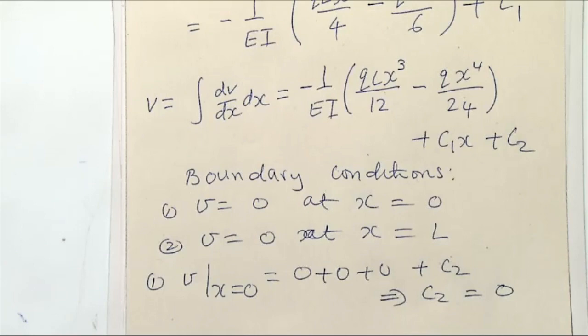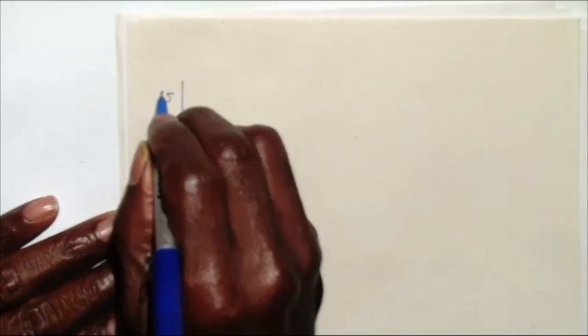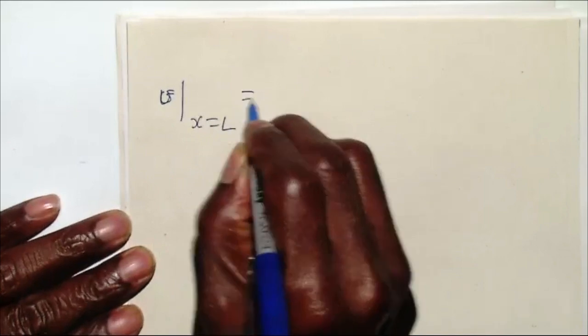Now that I know what C2 is, we go back again and apply the second one. Put what is V when X equals L, knowing that C2 is 0, we can now find what C1 is. And once we have that, we now have the equation of V at any distance X from the support as a function of the load that we've applied, which is Q. So let's quickly do that. So if I go to this second boundary condition, I'll say V at X equals L, that will be